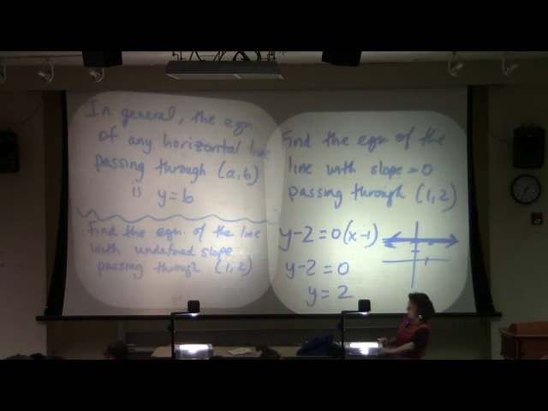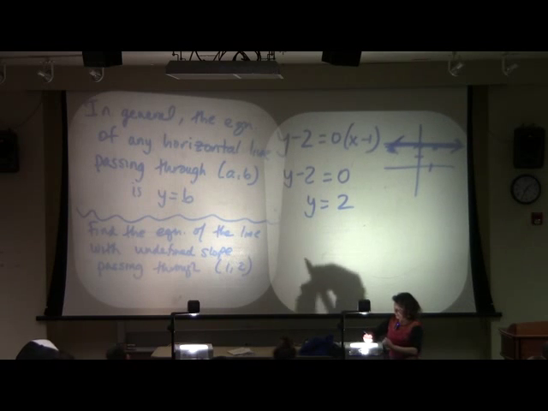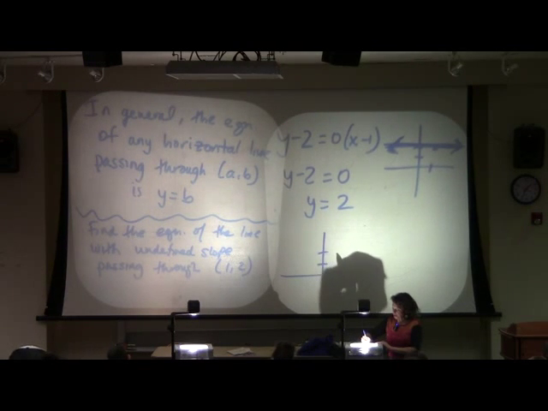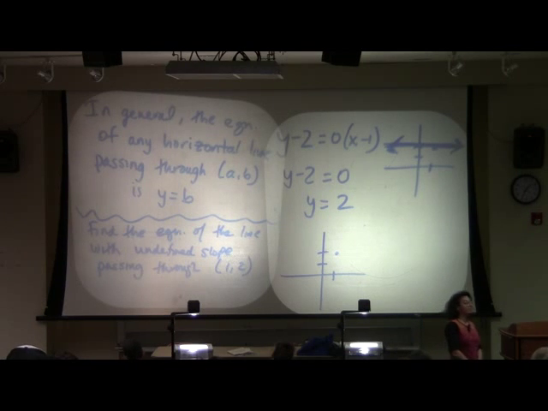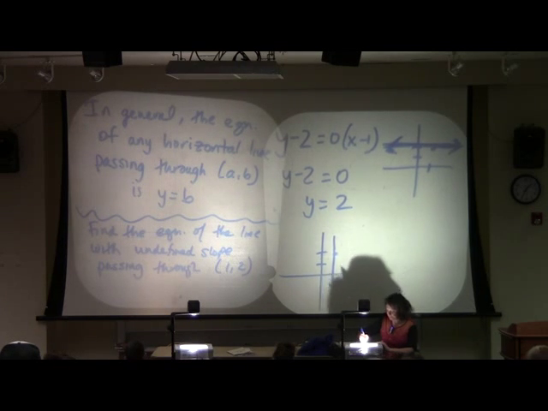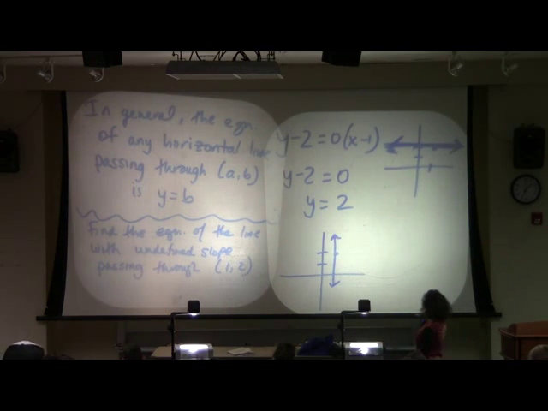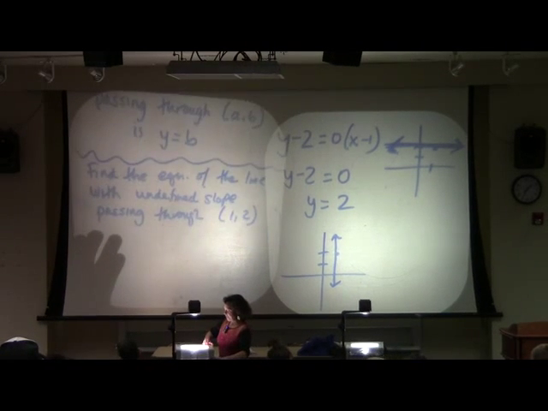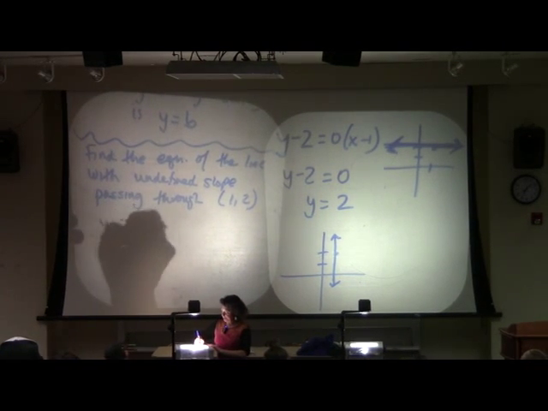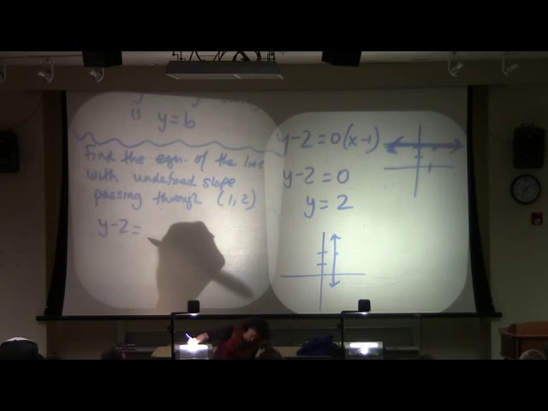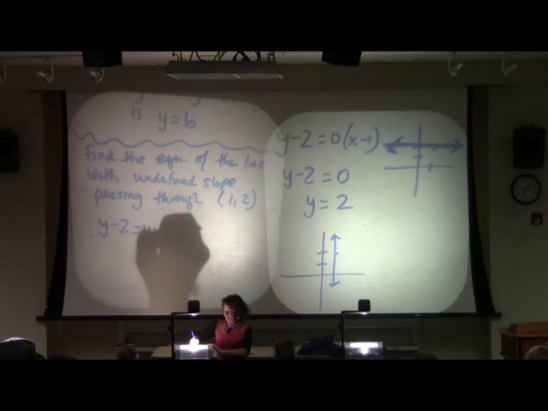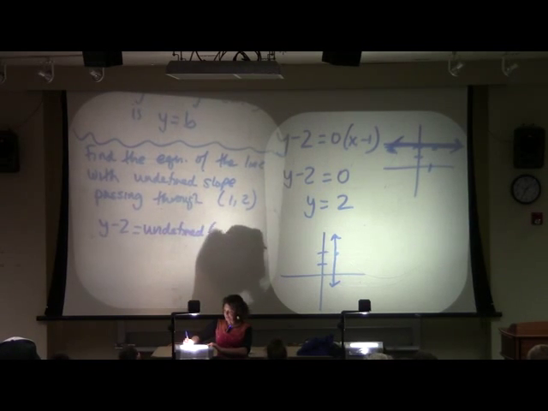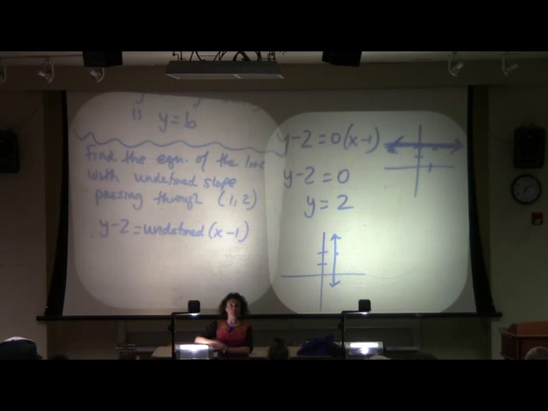All right. Well, we know what this would look like graphically, don't we? It goes through (1, 2). What does it mean to have an undefined slope? It's a vertical line. So we know what this looks like. Let's use our point slope formula. You ready? Well, what would we have? y minus our y value, so y minus 2 is m. What is my m? Undefined, times x minus 1. Guys with me this far?